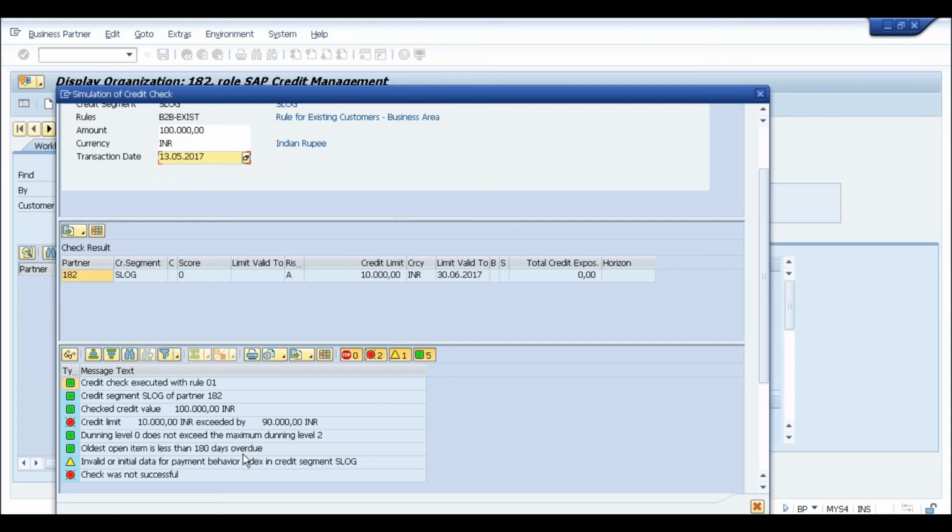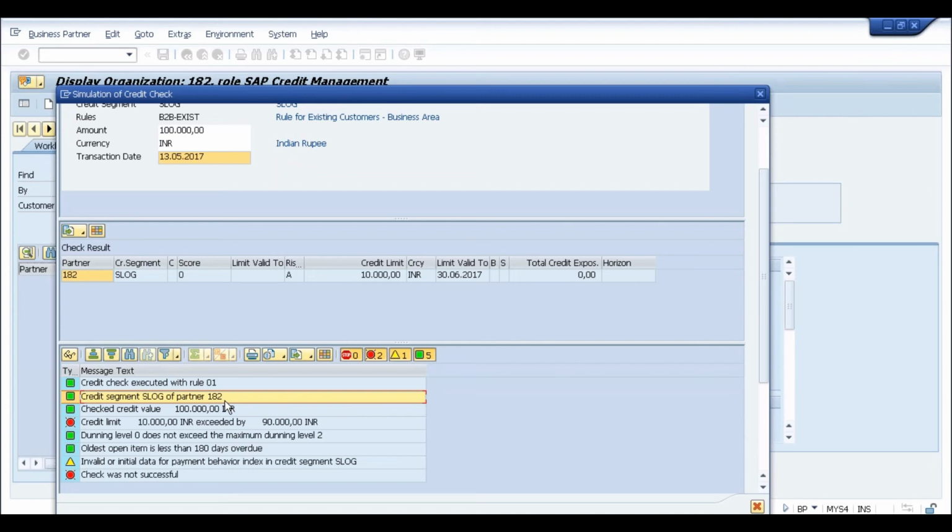Gaurav? Yes. So here we are checking the credit limit at the segment level, right? Yes. So multiple BPs can be assigned to that segment, right? No. This is related to this business partner. You can see 180 only, so it's always one-to-one BP to segment because we define the limit at segment level in the configuration, right? So is the system checking that for the validation?